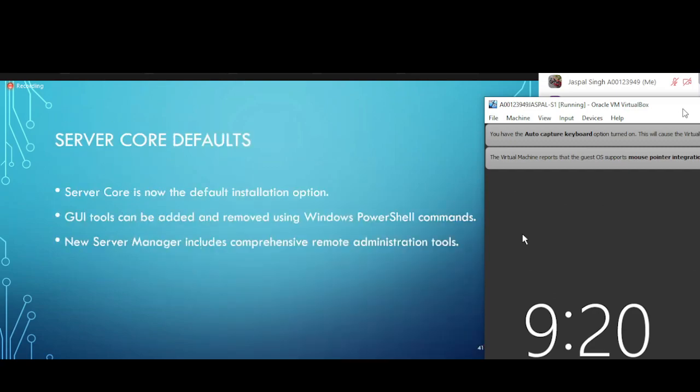Server core is now the default installation option, as I mentioned. GUI tools can be added and removed using the Windows PowerShell commands. The Windows PowerShell is what I just showed you on the blue screen. At that blue screen, type in the different commands you're going to learn in this course. The new Server Manager includes comprehensive remote administration tools. Remote administration tools means